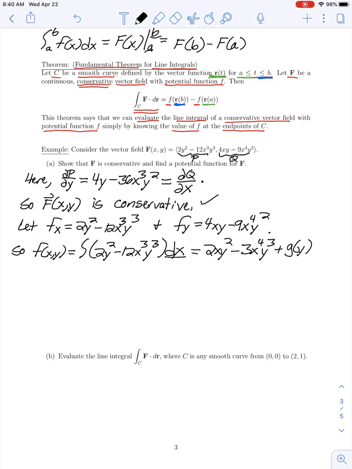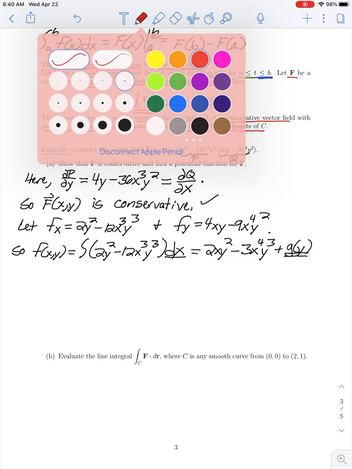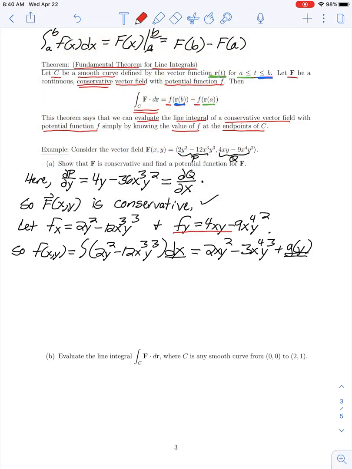Let's call it g of y. Now, in order to solve for this g of y function, we're going to use the condition that we're given for the partial derivative of f with respect to y. So making use of that condition,